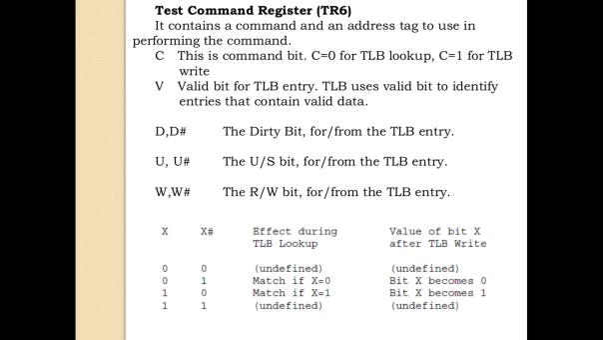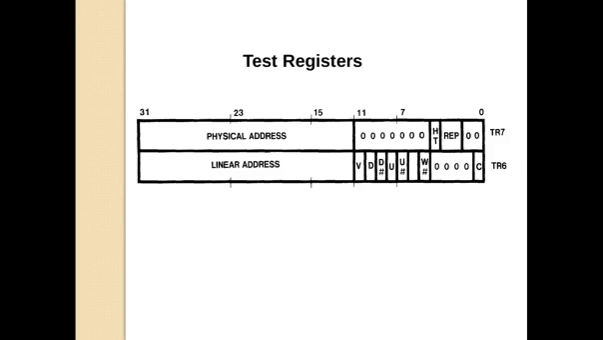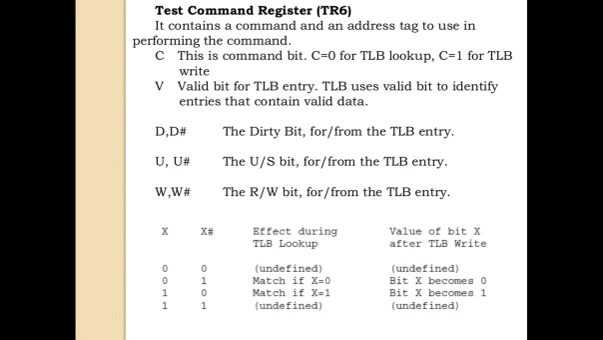The next bit is X. There are two bits, X and X dash. What it defines is, when X and X dash are 0 0, when we are performing TLB lookup, it is undefined, whereas the value of bit X after TLB write is undefined. So when we have X 0 0, its value will be undefined after write operation. When X and X dash are 0 1,